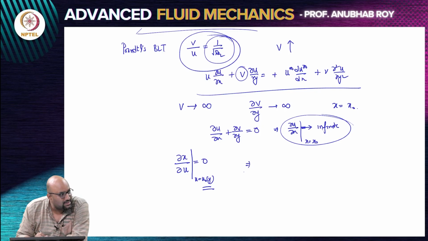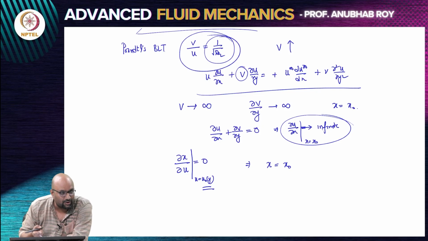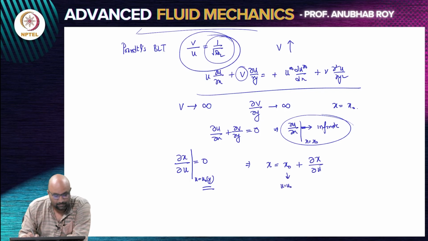So, if I do a Taylor series expansion of x about x naught, this should be x equals, so x is a variable of u now. I am writing it in a slightly different way. We have always been treating velocity as a function of position. Now I am treating position as a function of velocity, given that there is a certain value of velocity u equal to u naught. So, now if I do a Taylor series expansion, this becomes x equals x naught, dou x dou u, so x equals x naught is the value of x when u is equal to u naught. This is dou x dou u at u equal to u naught,